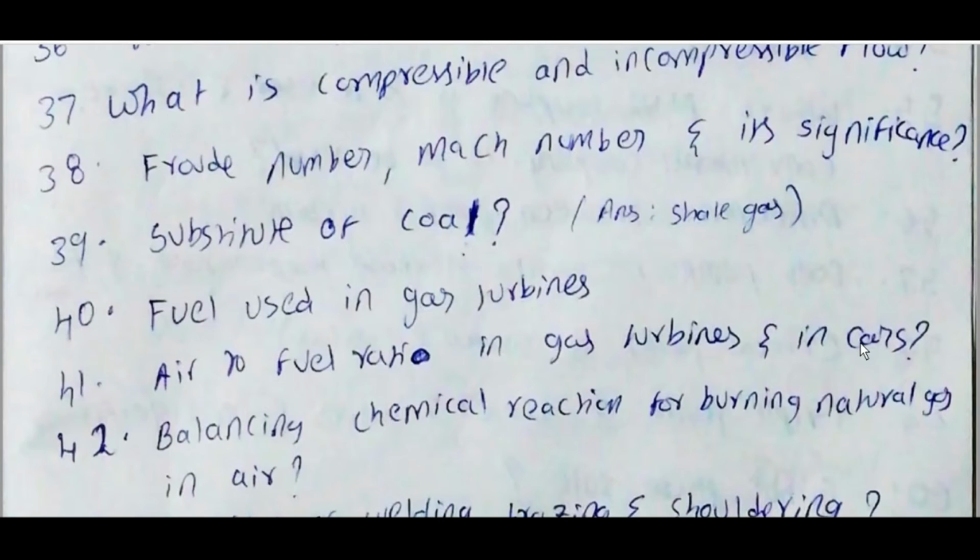In a gas turbine, the temperature of air is very high and has great velocity, which forces us to use a lean mixture so that the combustion temperature does not rise very rapidly, as it may damage turbine blades. Therefore, keeping in mind the thermal stresses on turbine blades, we use lean mixtures.